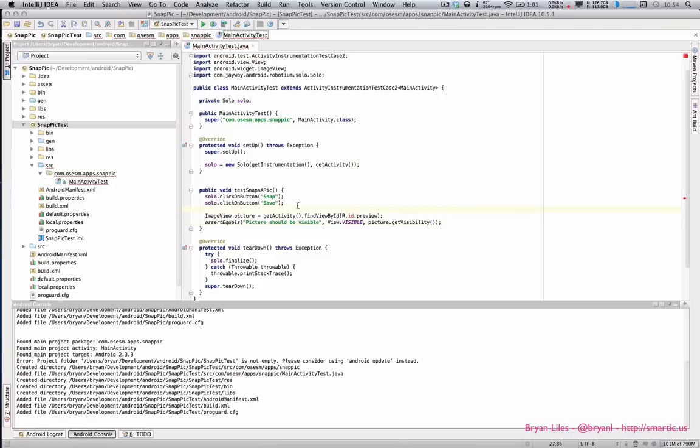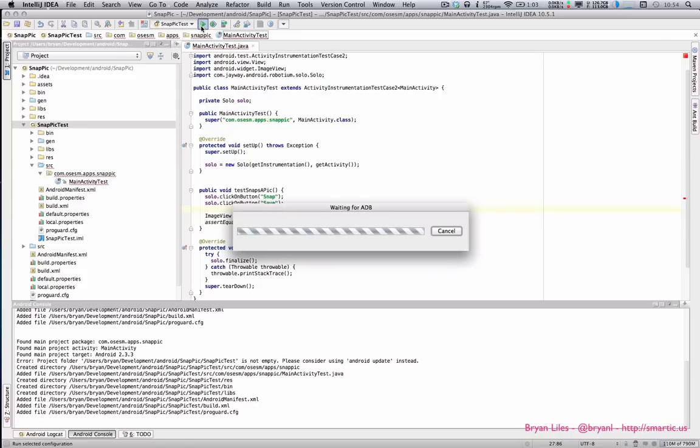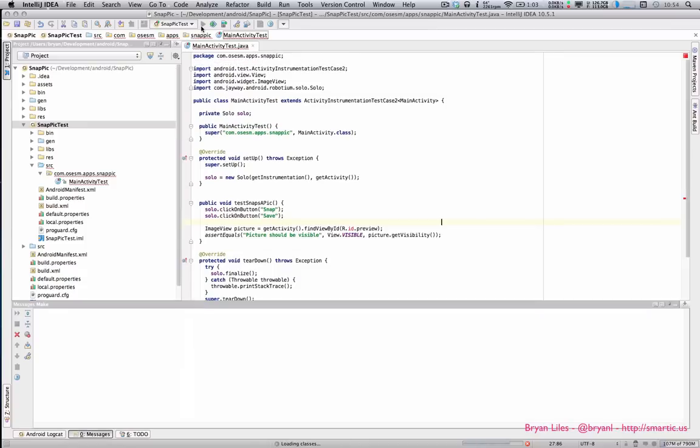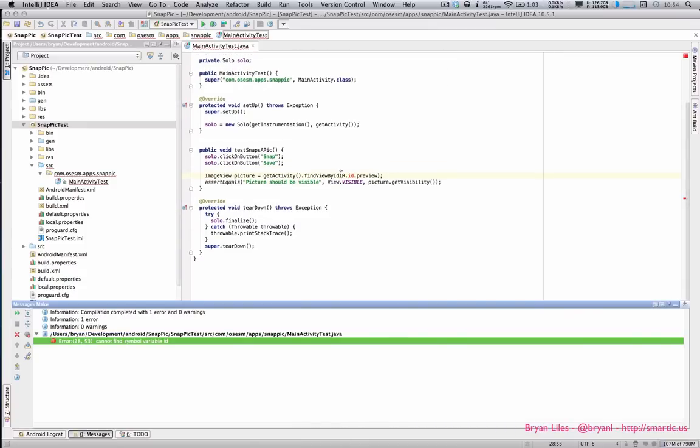So this is our test. This is all we're going to do, four lines. And the first thing you always want to do is run your test and watch them fail. That's the most important piece of test-driven development. So now we'll notice here that it can't find a view called